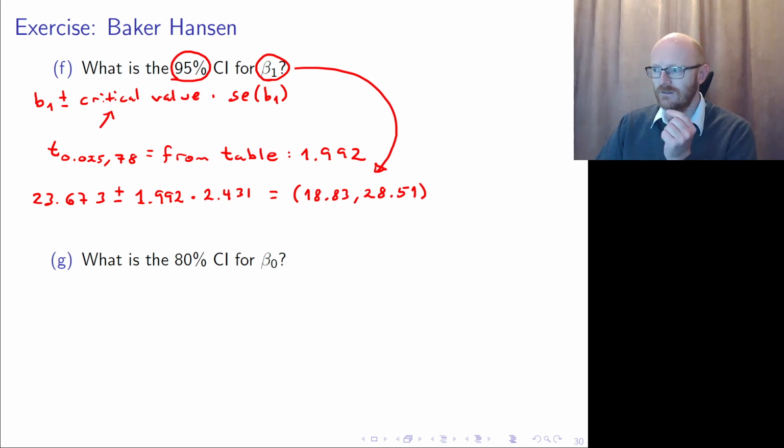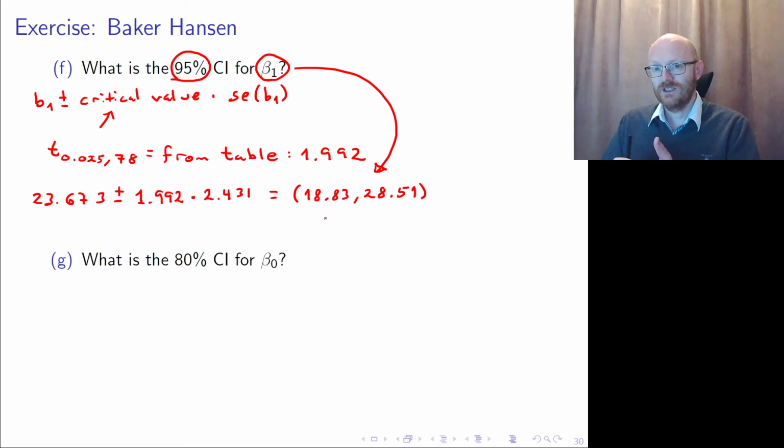Okay, because we know that with repeated sampling, and we're making a 95% confidence interval for each sample, then 95% of those samples will contain the true value, the beta 1. So we are 95% confident that the beta 1 is between 18.83 and 28.51,